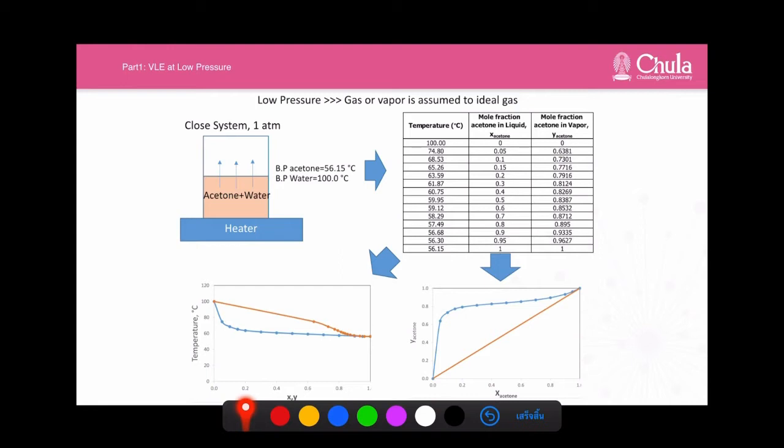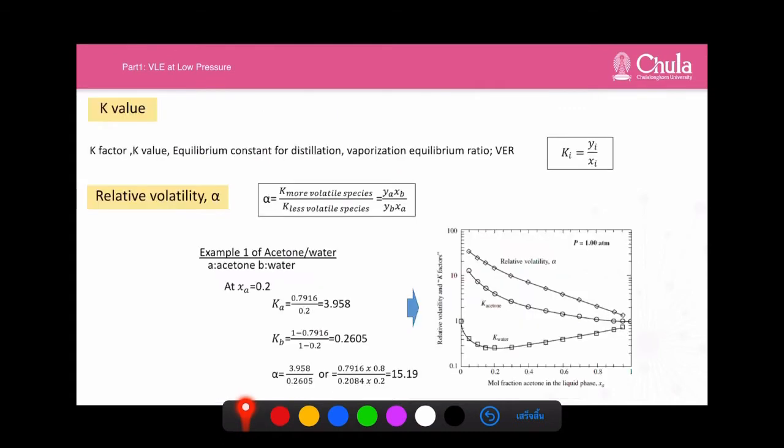Also, with the model, we can extrapolate to conditions where we have no experimental data. So basically, the model can be in an empirical form. The simplest one is the k-value, or you can call it k-factor,